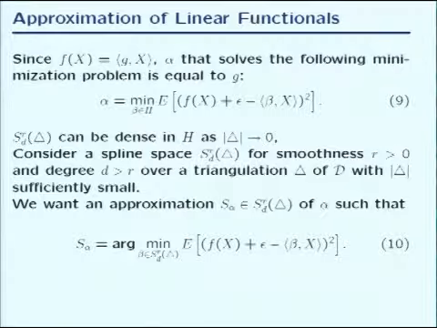Okay, so now let's go back to some statistics. Forget about these bad notations here, but say our functional of interest is g scalar x. Remember this integral over the domain, and we want to solve this minimization problem here. Obviously, the solution is exactly what we want, but we want to change the minimization over all the functions in H, which is here L2 of D, into a minimization over the spline space. So we want to minimize the expectation of the difference.